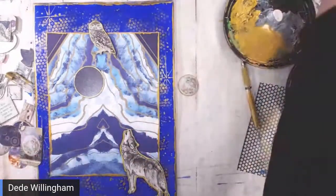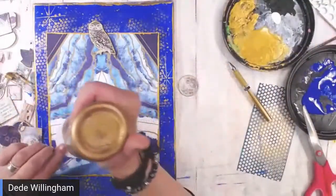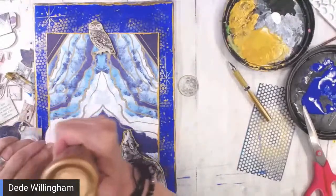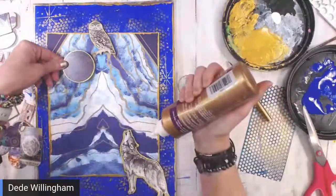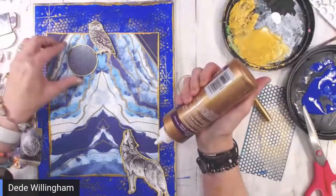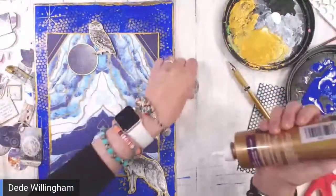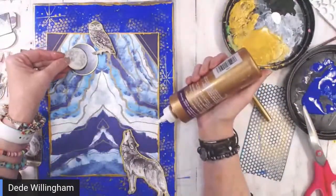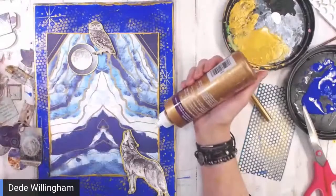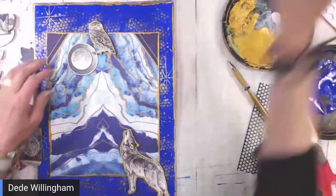All right, so now I'm going to take my tacky glue. I don't want this pop dotted up. I want this to be flat. So I'm going to go ahead and put a lot of glue here. I want this pretty thick so that it'll stick well. I think I want it straight up and down though. And then the little moon, we'll put that. This is chipboard, so I want it thick. If it was paper, I would smooth it out because you wouldn't want it bumpy. But because it's chipboard,